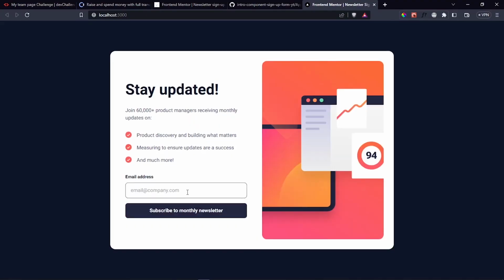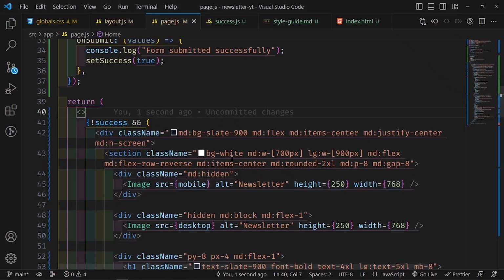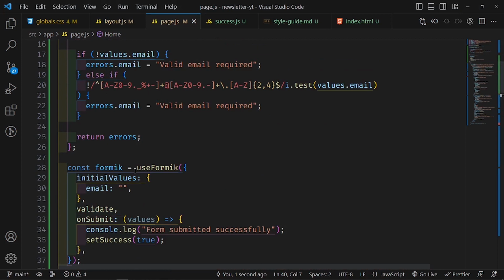We can go ahead and type a dummy email, and then when I click on this, we should see the success state. Now there's a final problem. Look at this, an email confirmation has been sent to nothing. What we need to do is get this email,